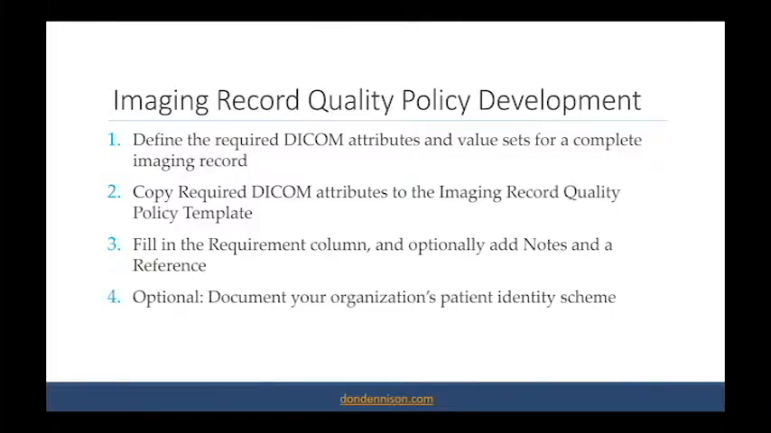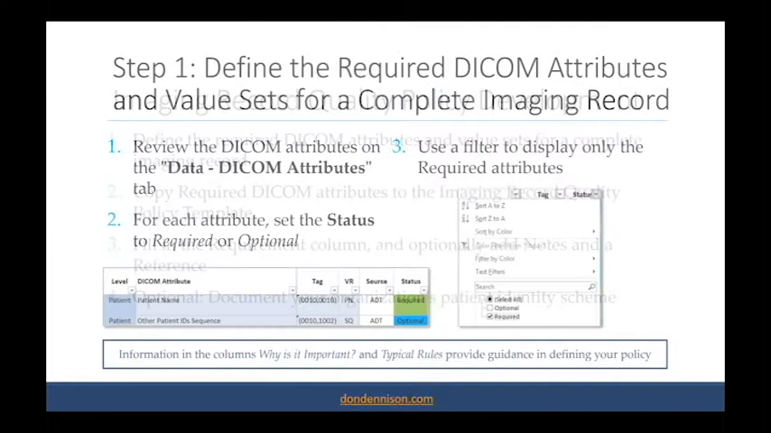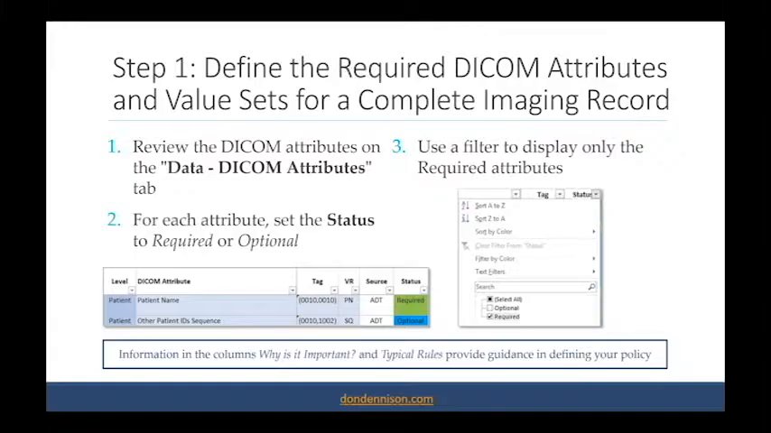Then you're going to take those values and put them into the document template, and you're going to basically fill in what it's required, why it is required, and you can add some additional context to it. And I'm going to show you examples of that. So it's pretty straightforward. You open the document template, you open the toolkit, and go to the tab that contains